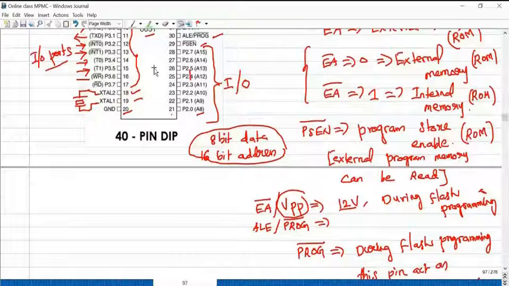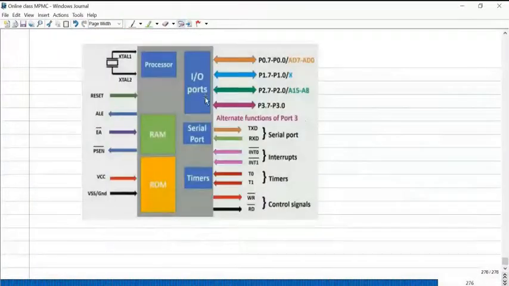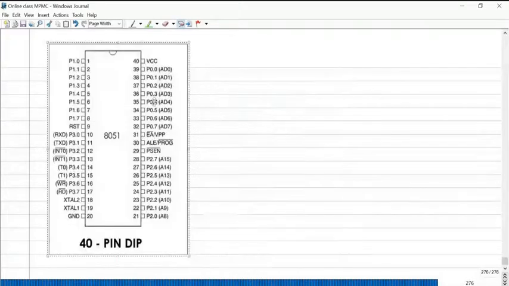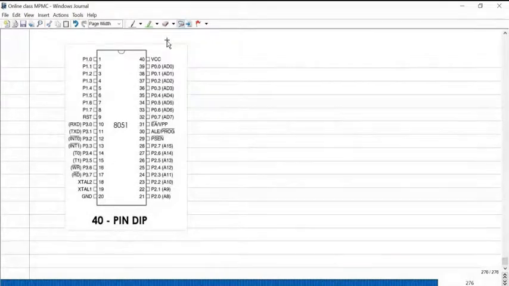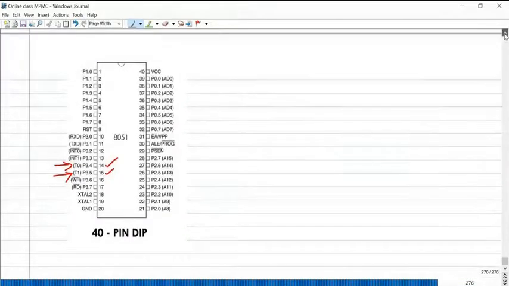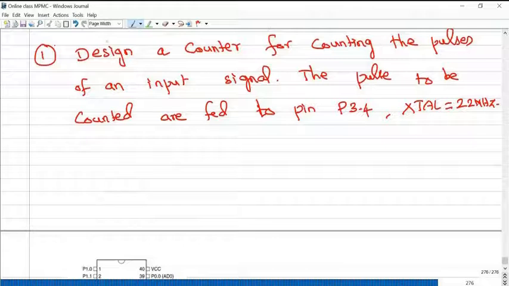Okay. Please remember this. These two pins are important for writing the counter program. P3.4, P3.5, T0, T1.